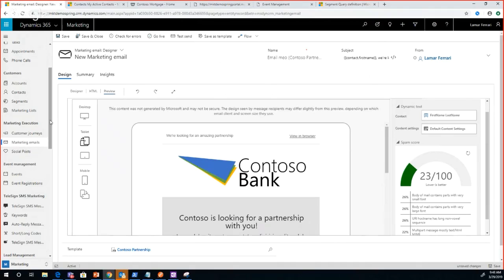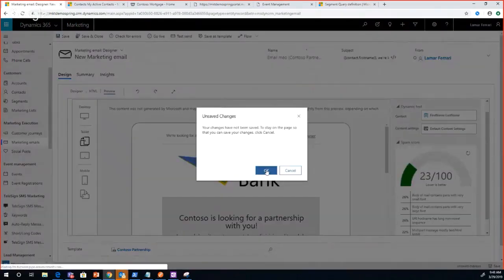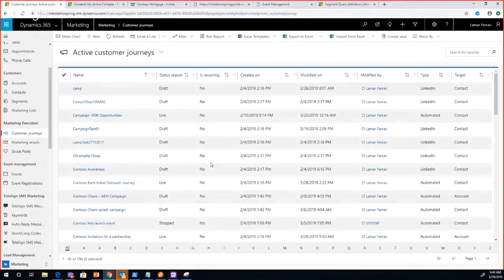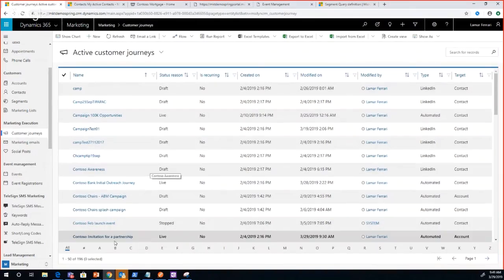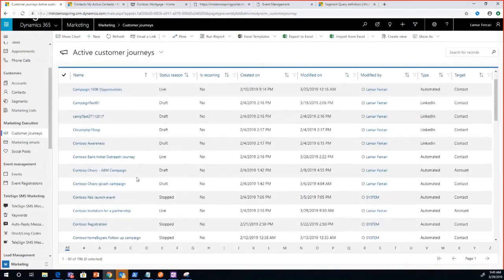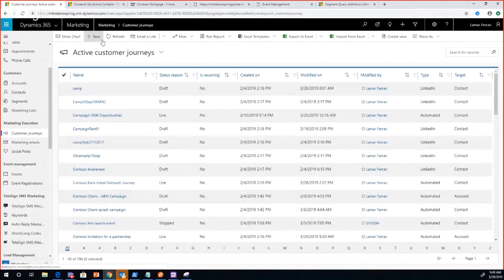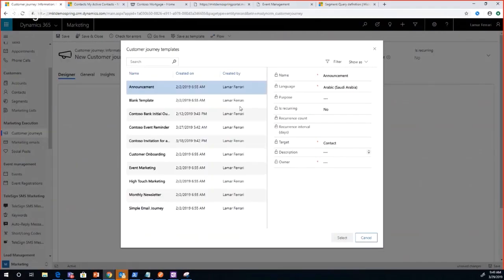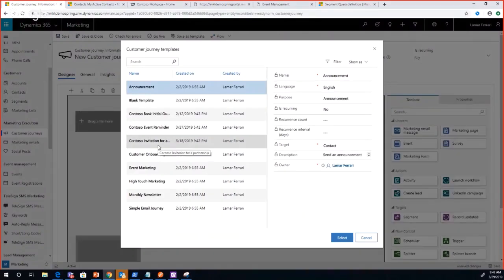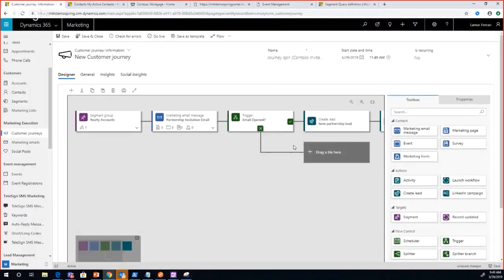I would now want to create a quick campaign out of it. And not only do I want to create a quick campaign, but I also want to use the new AI capabilities, a new set of capabilities for my best time to schedule. So I come over here again, same case, it's for a partnership, so I just use one of the templates over here, and in order to quickly define when I send it,